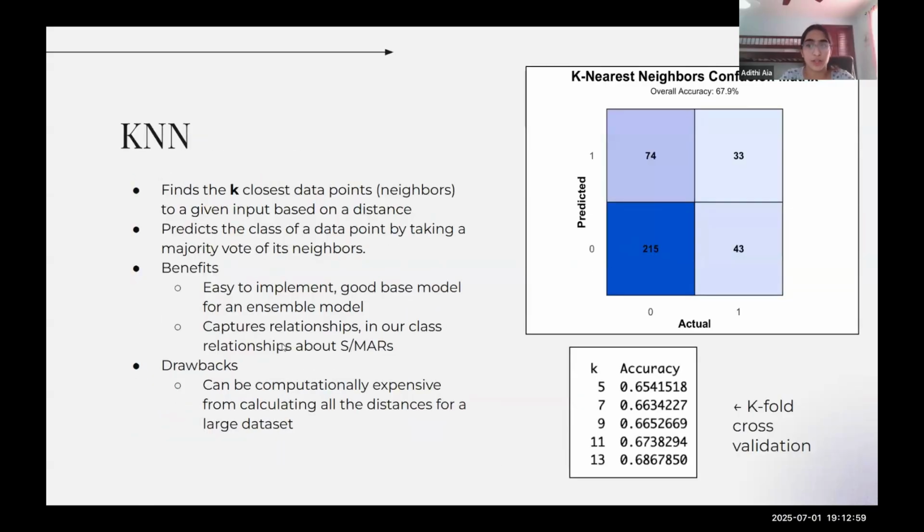Okay, so now we're going to move on to our next model, which was the k nearest neighbors model. How this model works is that it finds the k closest data points to the new target data points, and it computes the distance between the target data point and all the other data points around it, which are its neighbors. Then it finds the shortest distance and predicts the class of the data point, which in our case would be SMAR or not a SMAR, based on majority vote with its